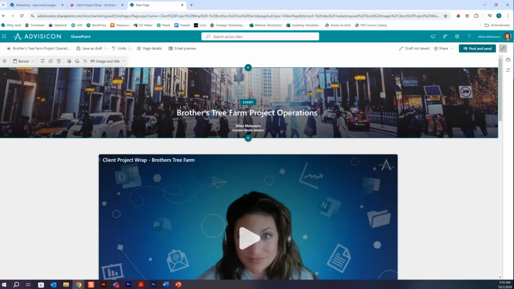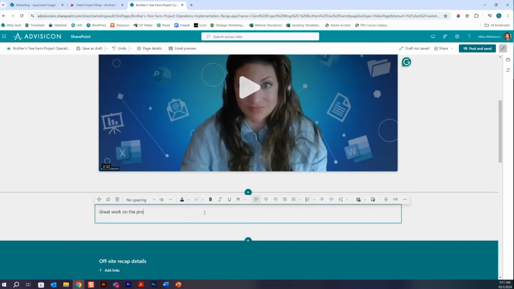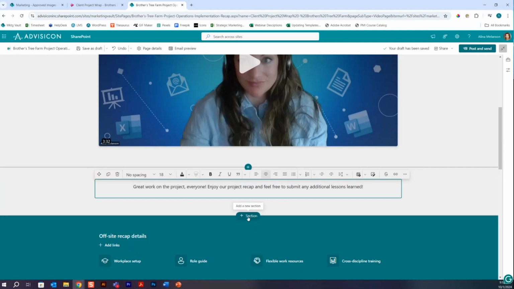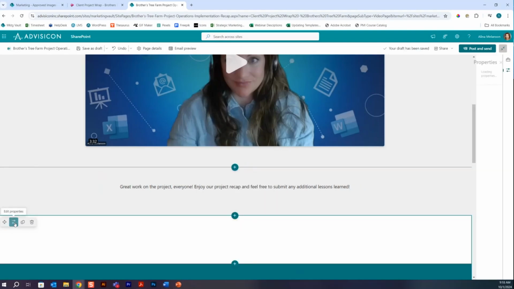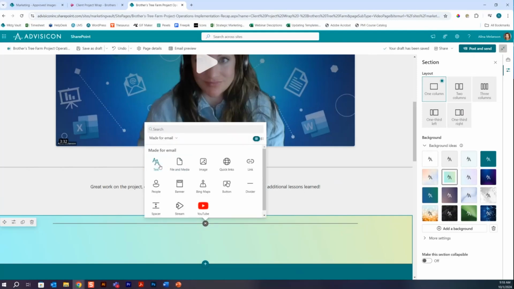I have a client here. Let's move on to another section. We'll just add some text. Great work. You can then go in and add all sorts of other options. Something that you might like to do is you can add a new section. Let's add a single column. We'll go into edit properties, and you can see we can change the colors. In this case, I want to change it to this green color. I'm going to add some text here, and